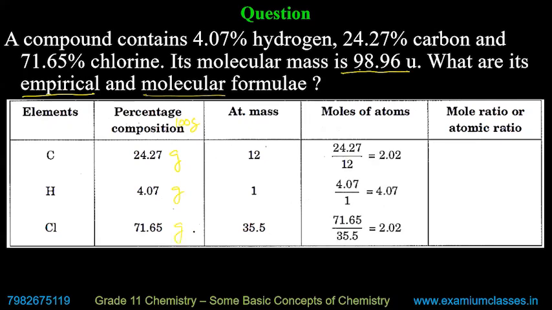Divide these by atomic masses to get moles. It means you have 2.02 moles of carbon, 4.07 moles of hydrogen, 2.02 moles of chlorine. And if you divide all by 2.02,